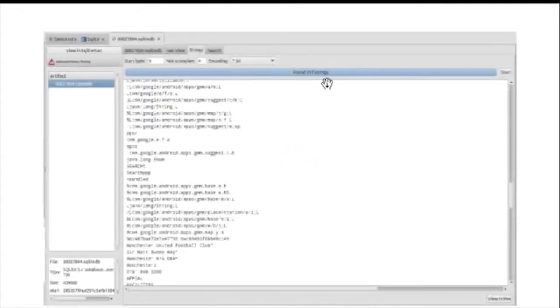Okay, so next on to string searching. Again, this is a really simple but effective method of finding deleted information, or just information that's maybe not automatically processed. What I've actually done here is I've just opened one of the SQLite databases from the carve that I just showed you there,